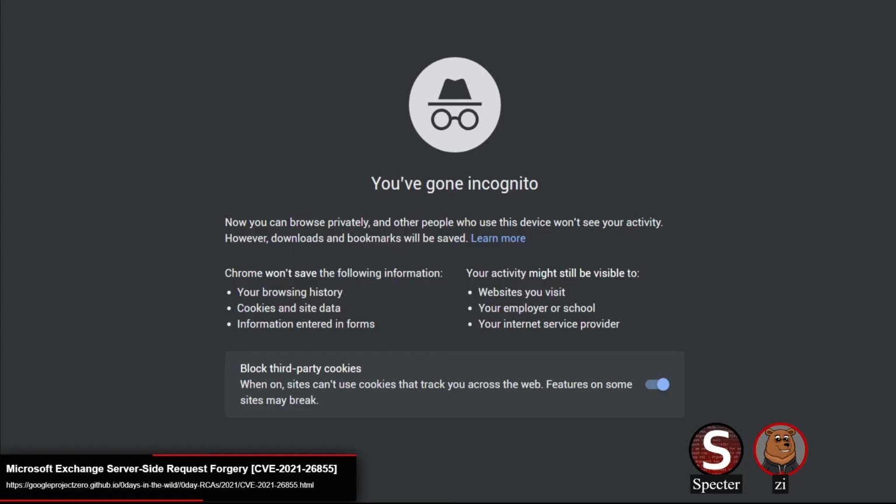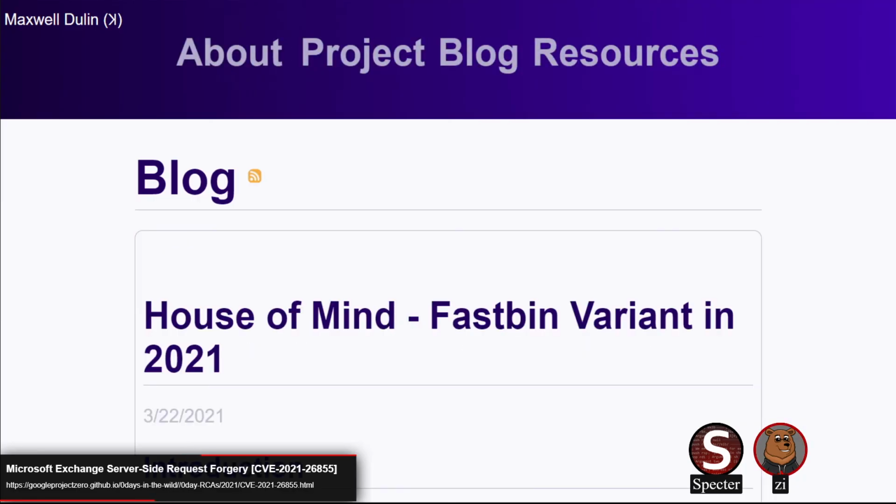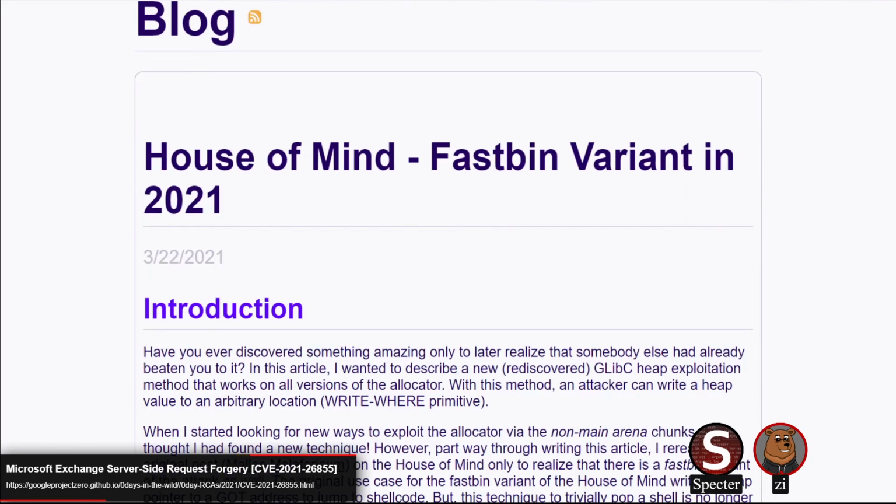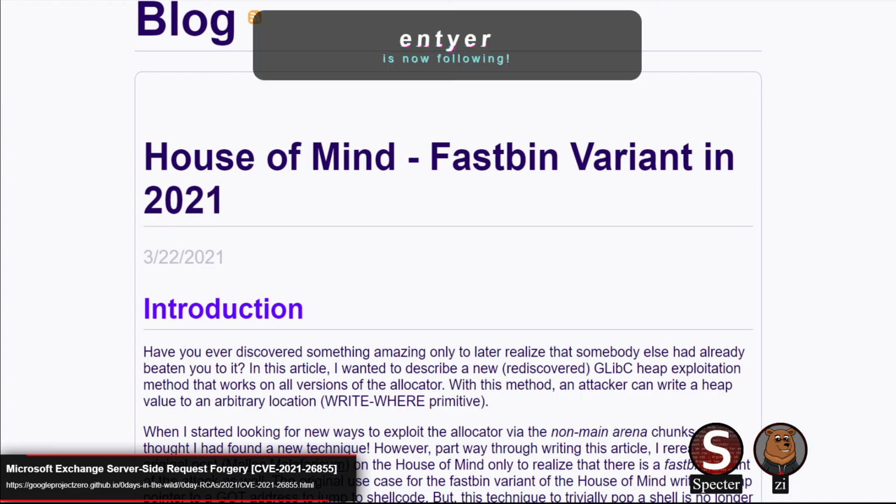The other shout out that I've got was from Maxwell Dullen. We talked about him last time. He had a house of something. I should have looked it up, but forgot to add this to our list to actually talk about. Basically just another look at a Fastbin variant of the House of Mind. Really solid write-up. We've covered him before when he did another heap House of attack.